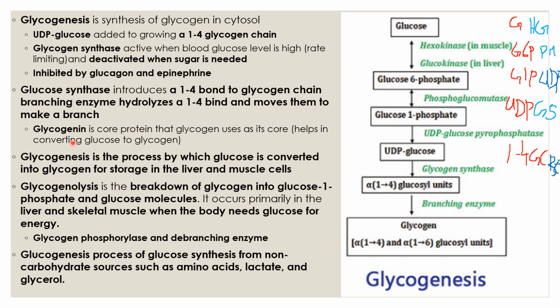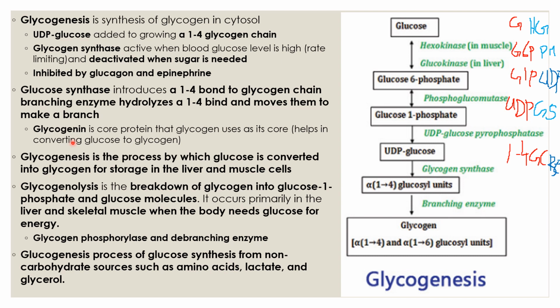Alright, now the body needs glucose. Where is it gonna get the glucose from? It's gonna get the glucose from the stored glycogen in the liver and the muscle. And since Ramadan ended, this is how we were all surviving Ramadan, because we have stored glucose in the form of glycogen in the liver and the muscle, and then glycogenolysis happens,